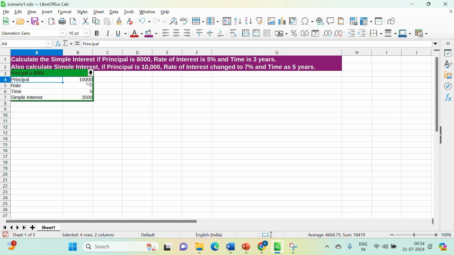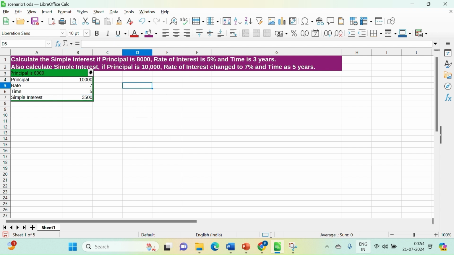So principal is 8,000. This was the first scenario with the green border. Then principal is 10,000. This was the second scenario with a red border. And the third that we have created is rate is 12%, which is having border as yellow. Now in either of the scenarios, you have seen that as soon as we change the value for the principal, the changes are reflected back in the final calculation or the final formula which we have used. Now this was when we had already selected the copy back option. Now we'll see what happens if we don't select the copy back option.